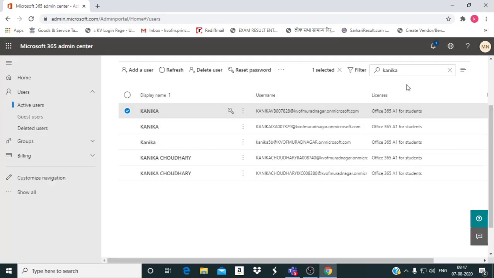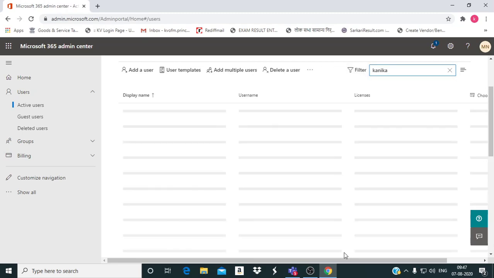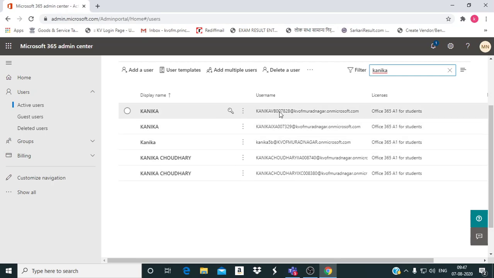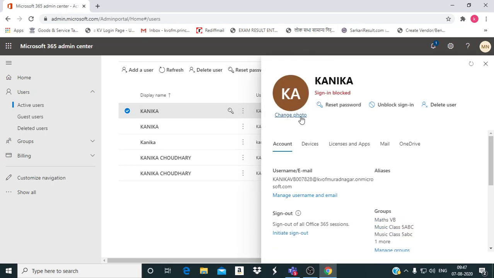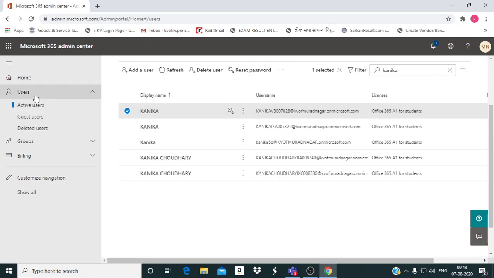Another thing is that Kanika, in case you want to unblock again, search Kanika. This is Kanika 5th B. Unblock, here now this appears, unblock sign in. When you click on unblock, Kanika can sign in through her ID.